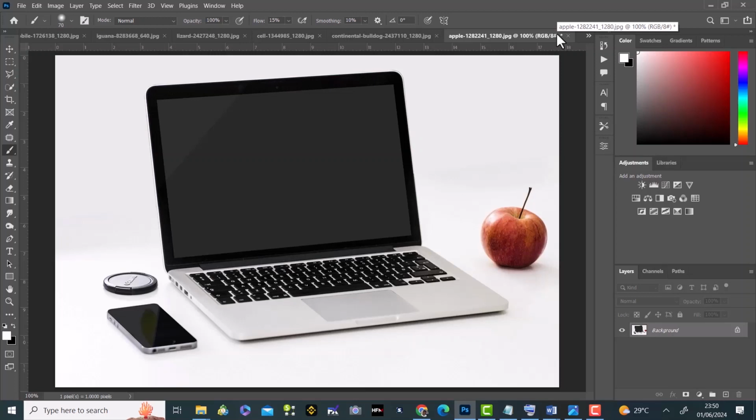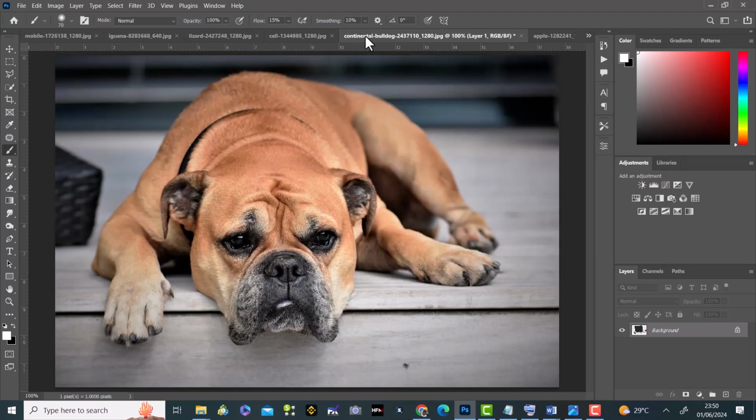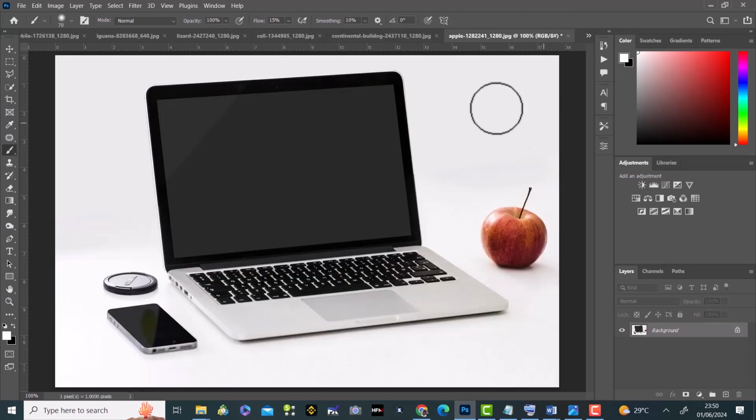In this tutorial, you will learn how to make a pop-out effect with Photoshop. I'm going to work with this laptop and also this Bulldog. So the first thing we'll do is select the laptop, I come to the Bulldog, I drag it and I